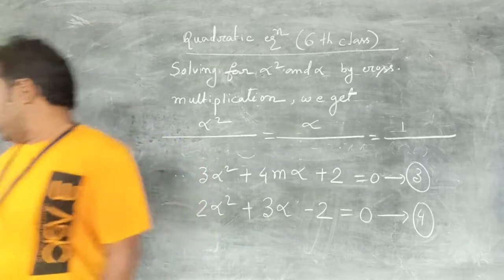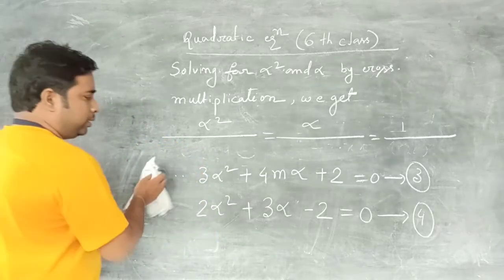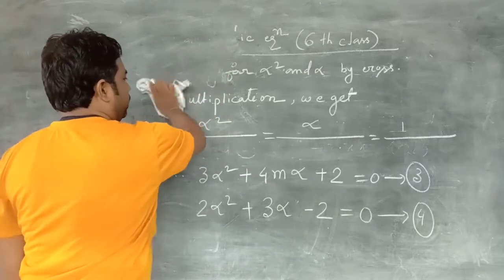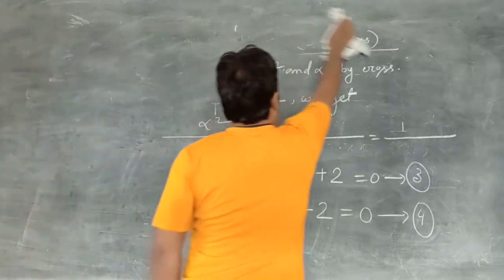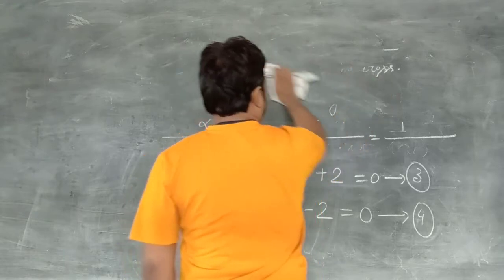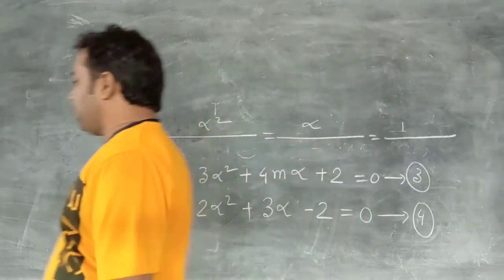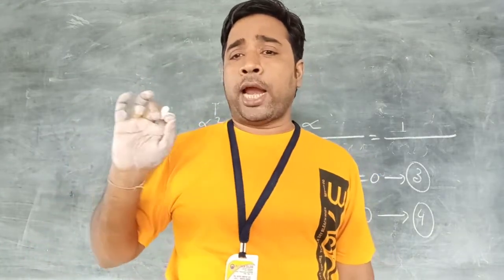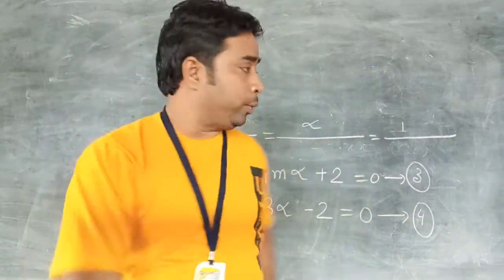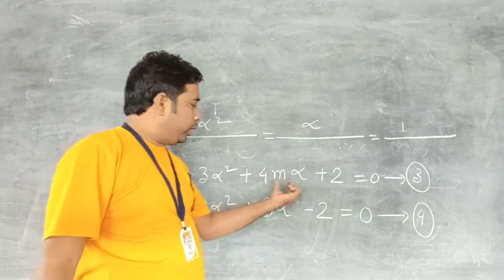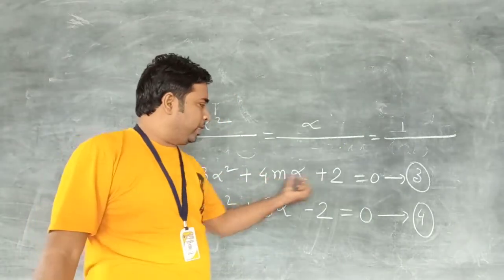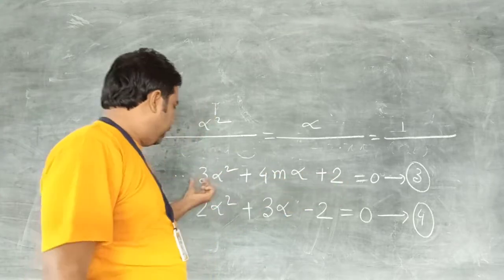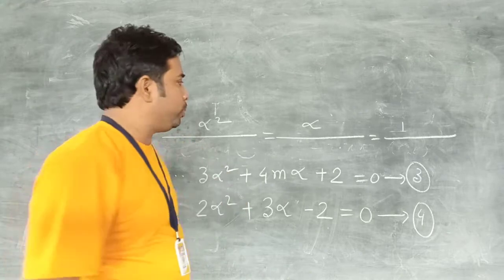So what was the rule here? We shall take the coefficients starting from b and ending at b. That was the rule. Here this is a, this is b and this is c. So we shall start to take the coefficients from b, then c, then a, then b again. That was the rule of cross multiplication.